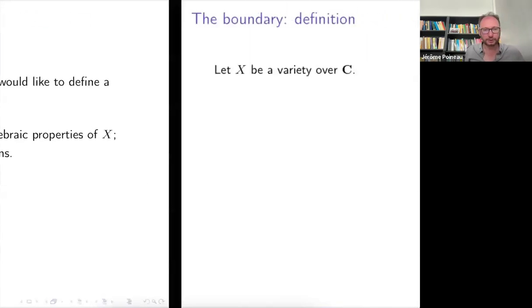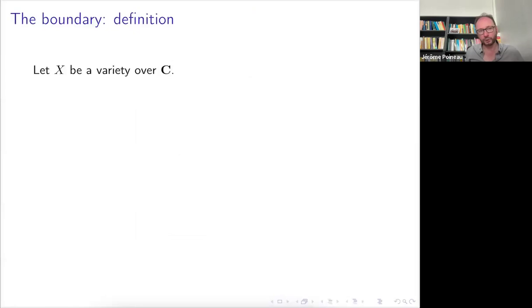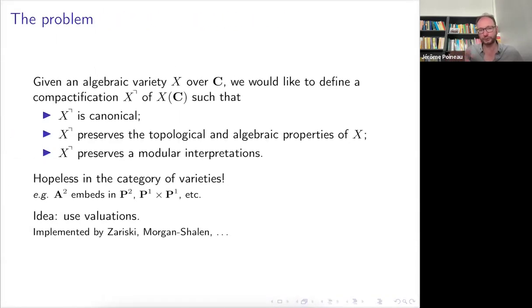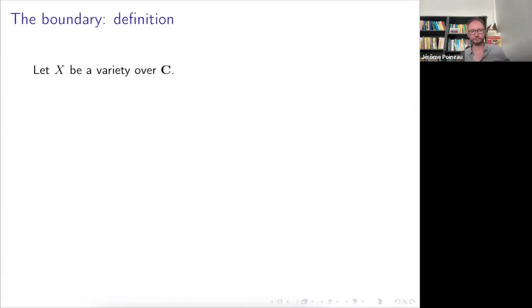Okay, so well, I would like to show you now that it's possible to really do this within the framework of Berkovich spaces over the hybrid complex numbers, and that you can get more or less all the properties you want in quite a natural way. So we want to compactify something.